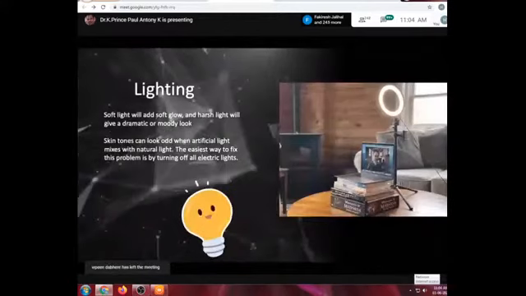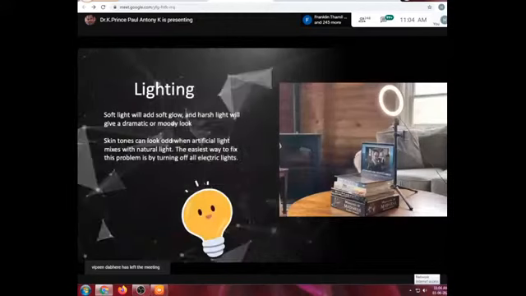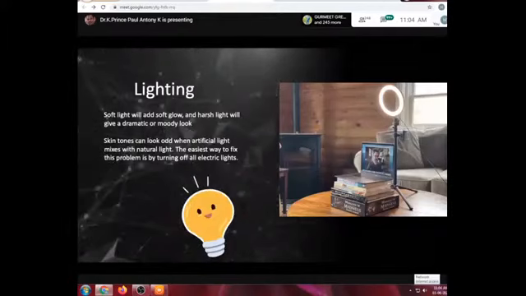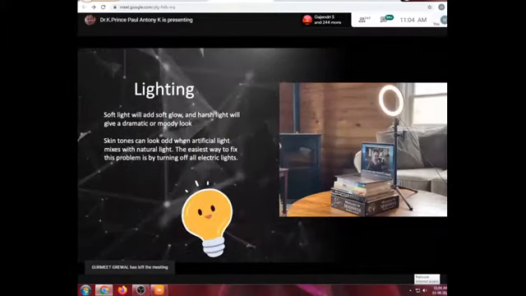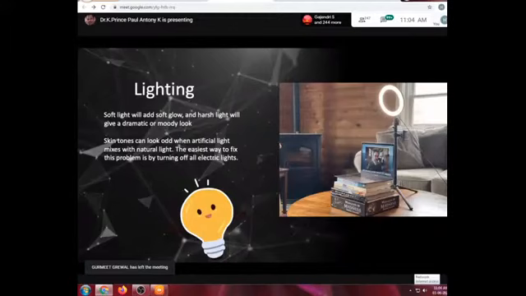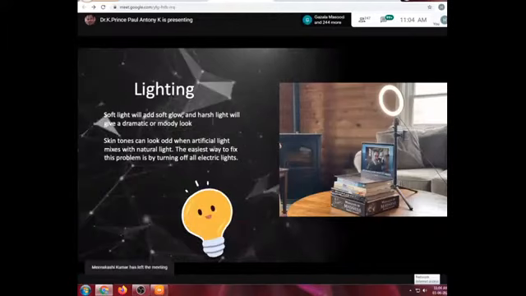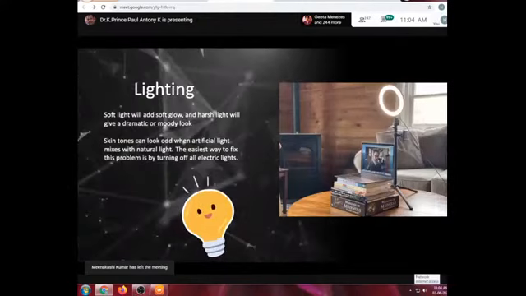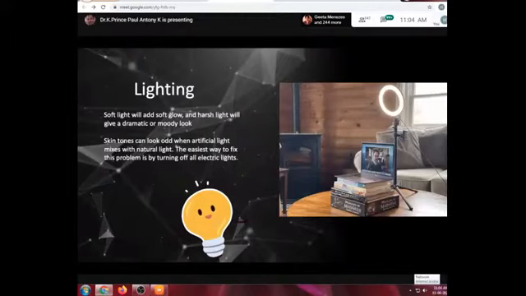If you're filming with the window behind you, you're likely to look angelic and students won't be able to see you. So use a soft light. Don't use harsh light, and at the same time don't use both artificial light and natural light. It won't look good. Whenever there's natural light, directly use the natural light.